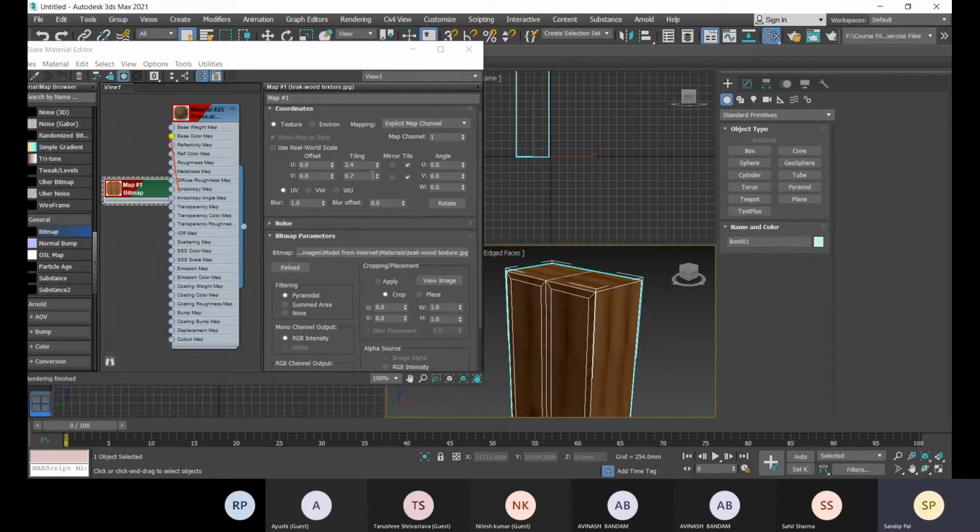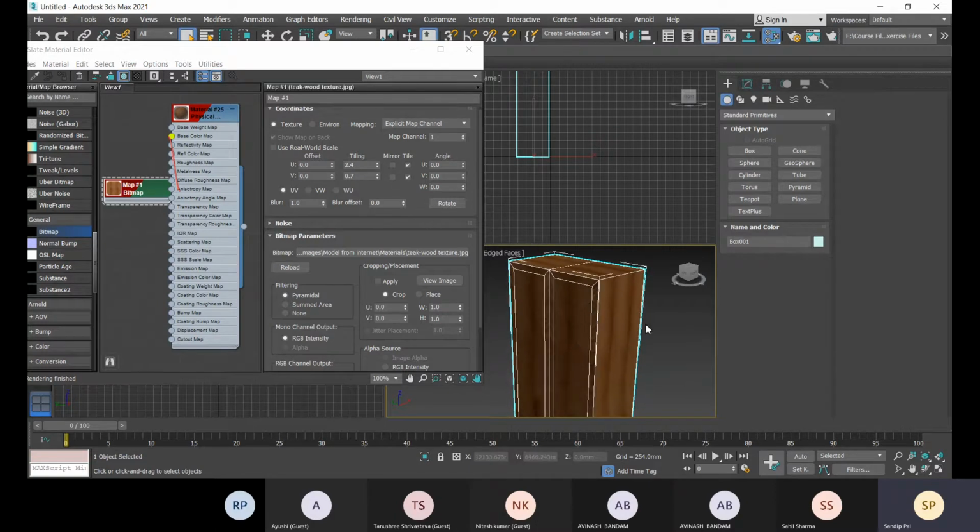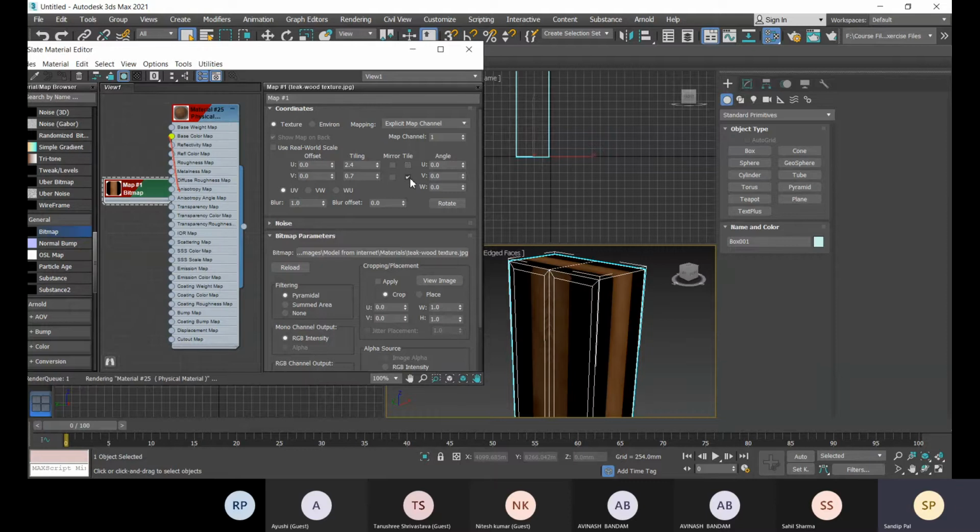Okay, so this way you can change it. See, this tile option is there, so that means it will not cover the whole picture within this object, so it will make tiles to cover this whole object. We will get multiple images in tile form to cover this whole object. So you can uncheck this tile option.